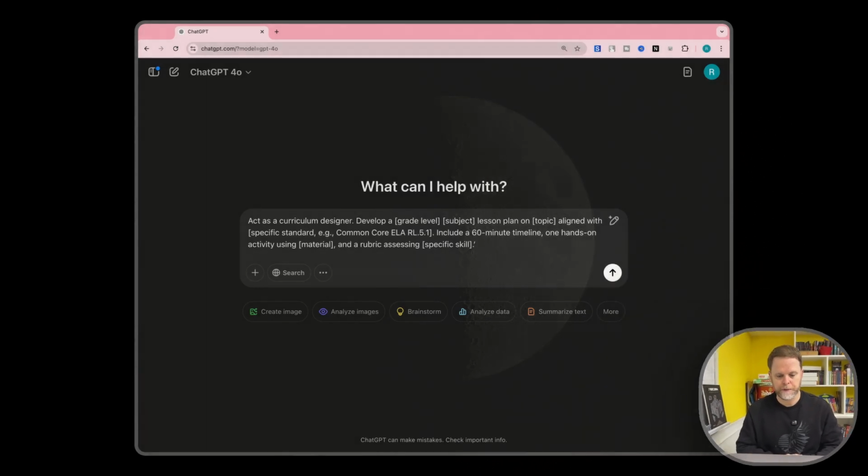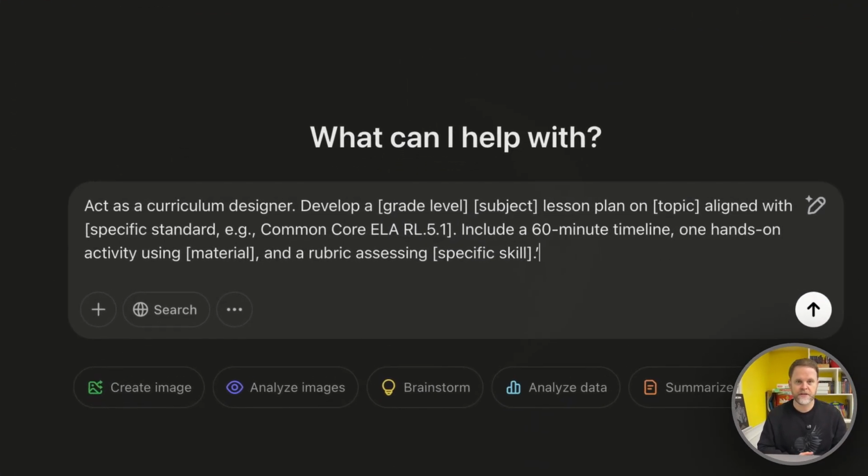First up, let's talk about tailoring your lesson plans. I've created a template, which I will include in the description down below. So let's take a look. Act as a curriculum designer. Now, the first thing I'm going to do here is give ChatGPT a persona, or give it